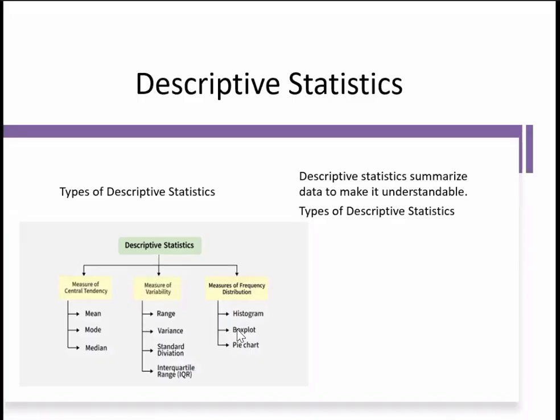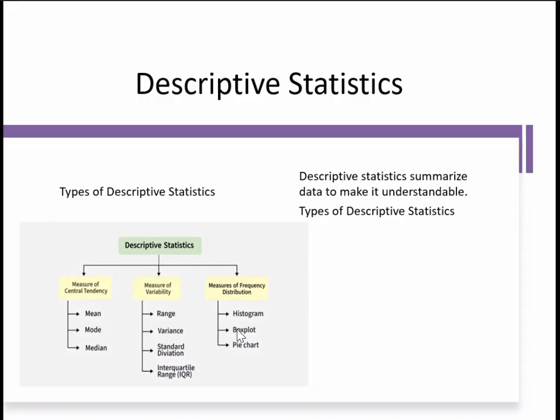Okay, so descriptive statistics. When you talk about descriptive statistics, we are basically looking at a branch of statistics that helps us to summarize our data into understandable formats. We are going to be focusing on 3 types of descriptive statistics for our study, and that's measure of central tendency, measure of variability, and measure of frequency distribution. I'll be elaborating on what each of those means, but that's basically what we are going to be looking at